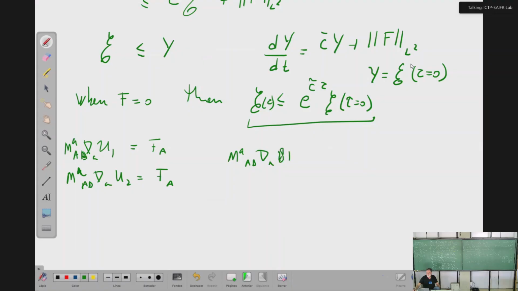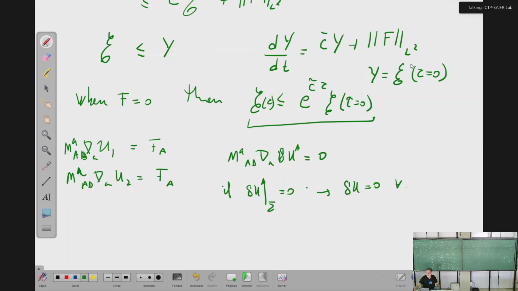Delta U is 0, and if delta U initially is 0, then the initial energy is 0, and so this energy is also 0. Implies delta U is equal to 0